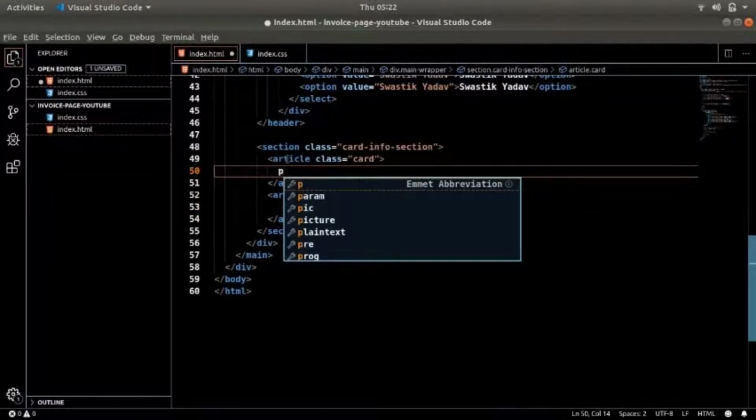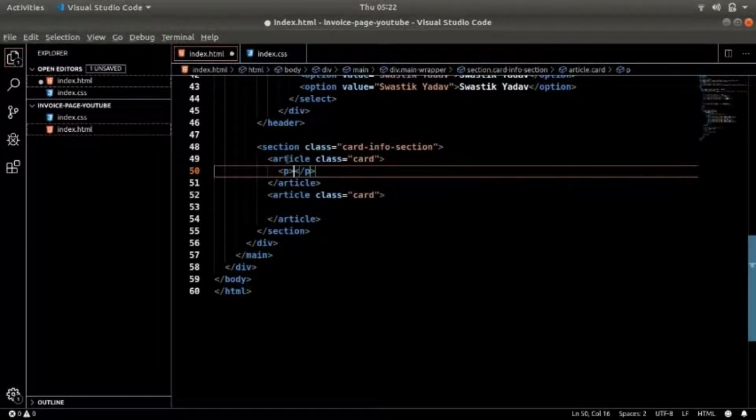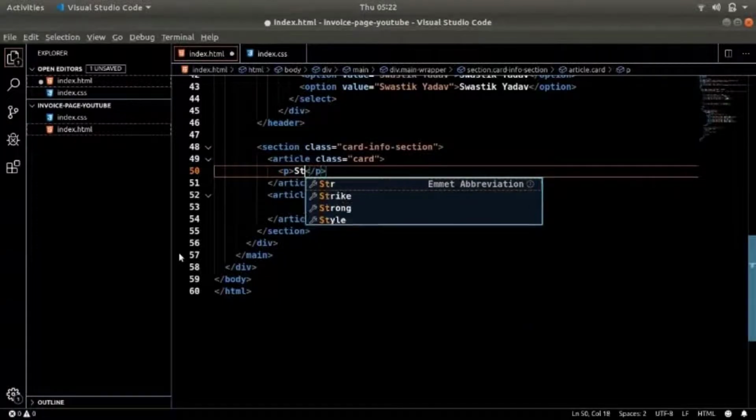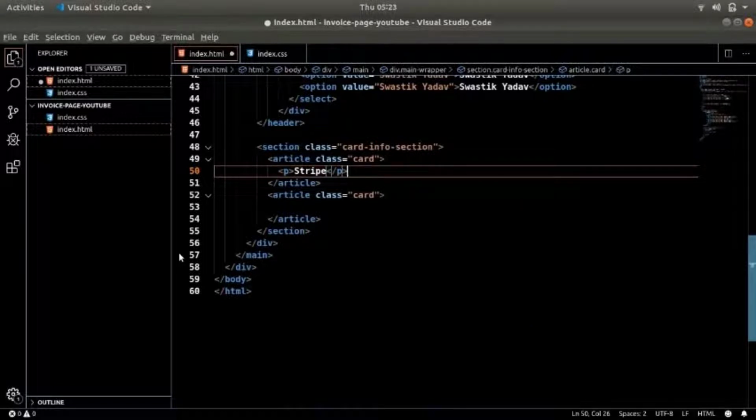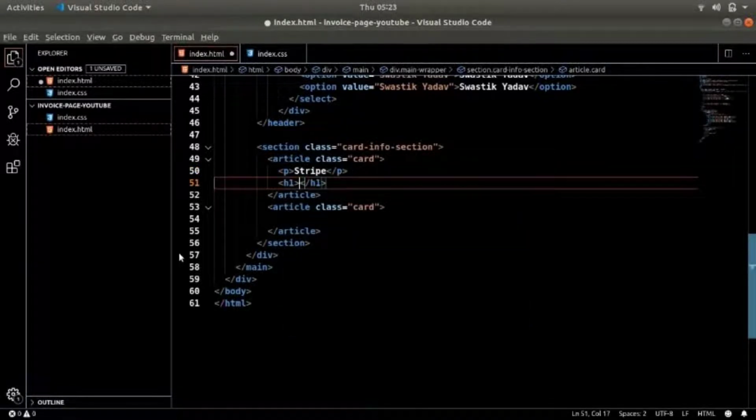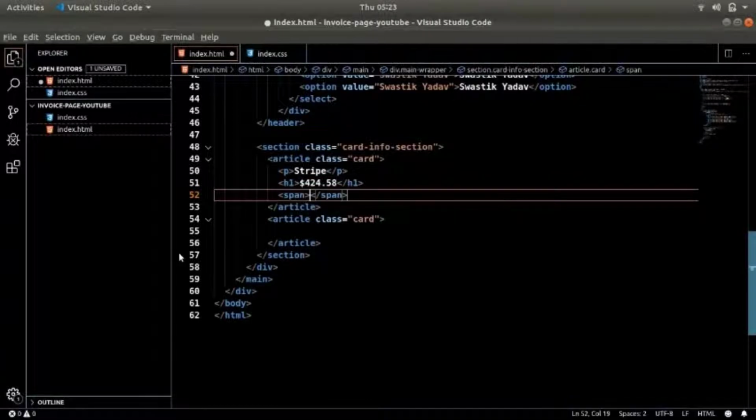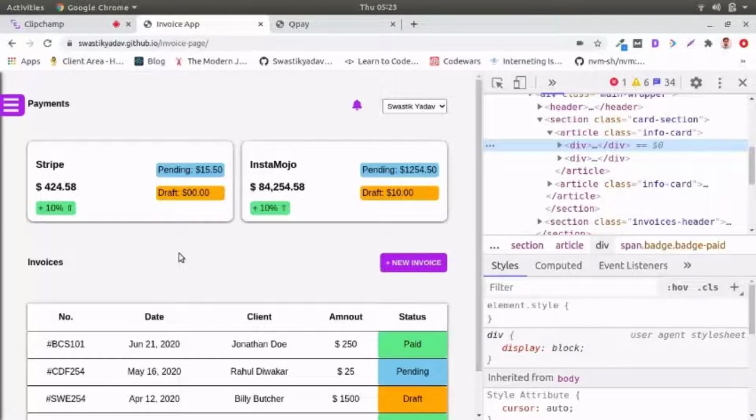And now I will go with a p tag in which I will have this stripe, and then an h1 tag where I'll have the amount, which is 424.58. And then I have a span which has plus 10% and an arrow which is pointing up, but this arrow is not on our keyboard.